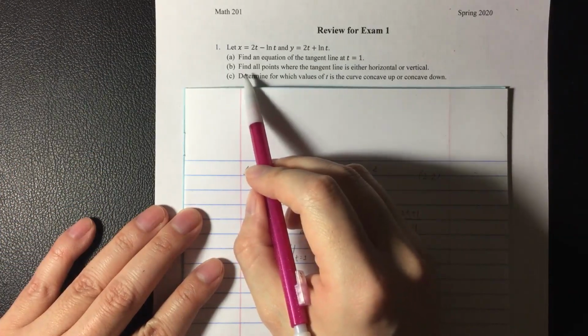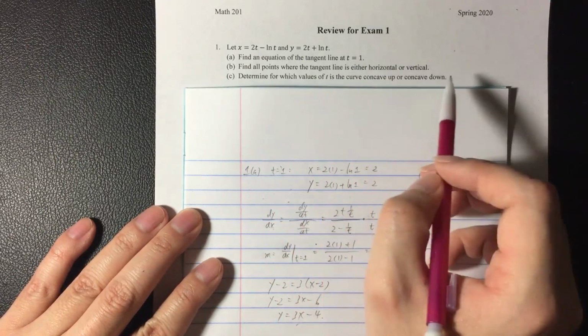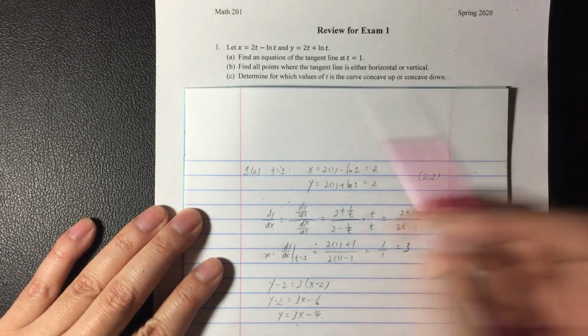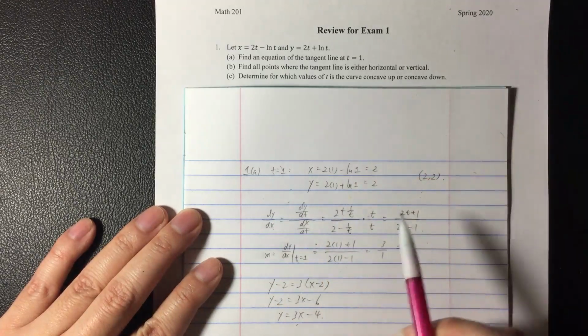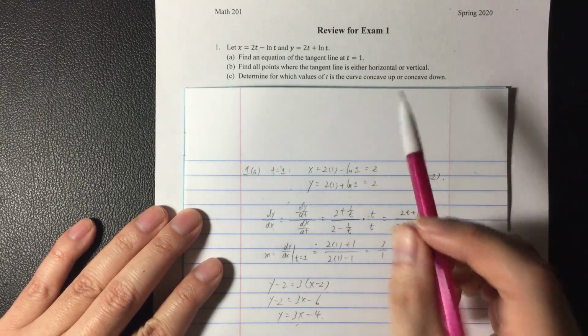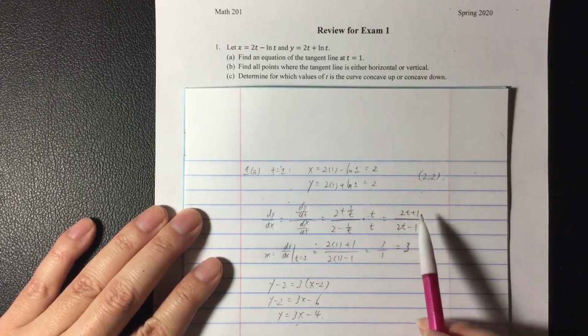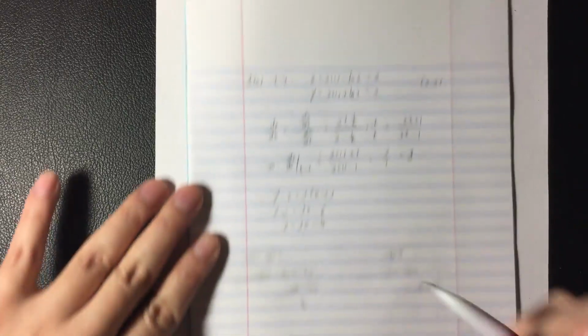Part B. Find all points where the tangent line is either horizontal or vertical. When the tangent line is horizontal, its slope must be 0, which means the derivative must be 0. When the tangent line is vertical, its slope must be undefined, which means the derivative must be undefined. So in part B,